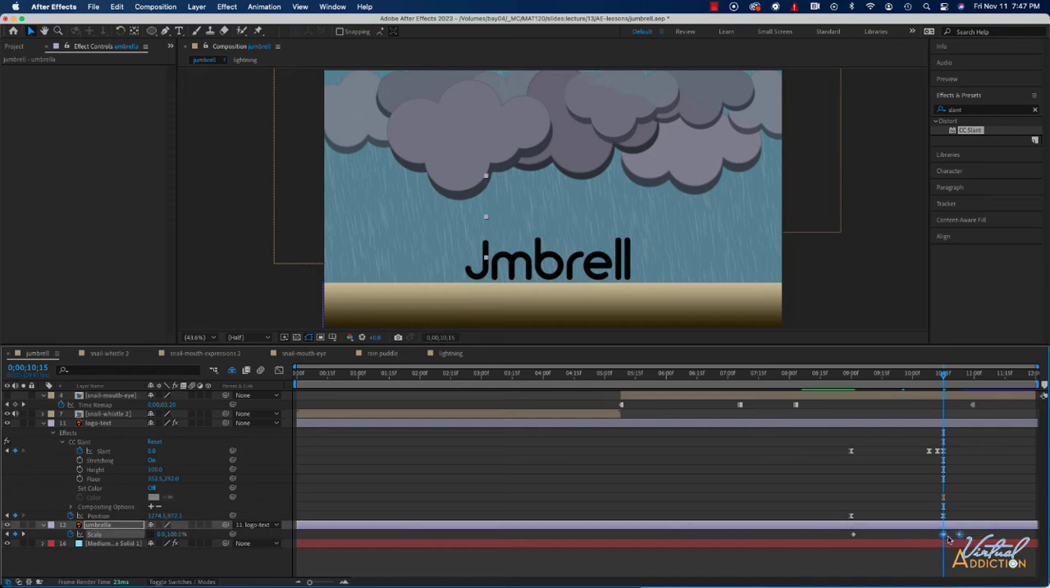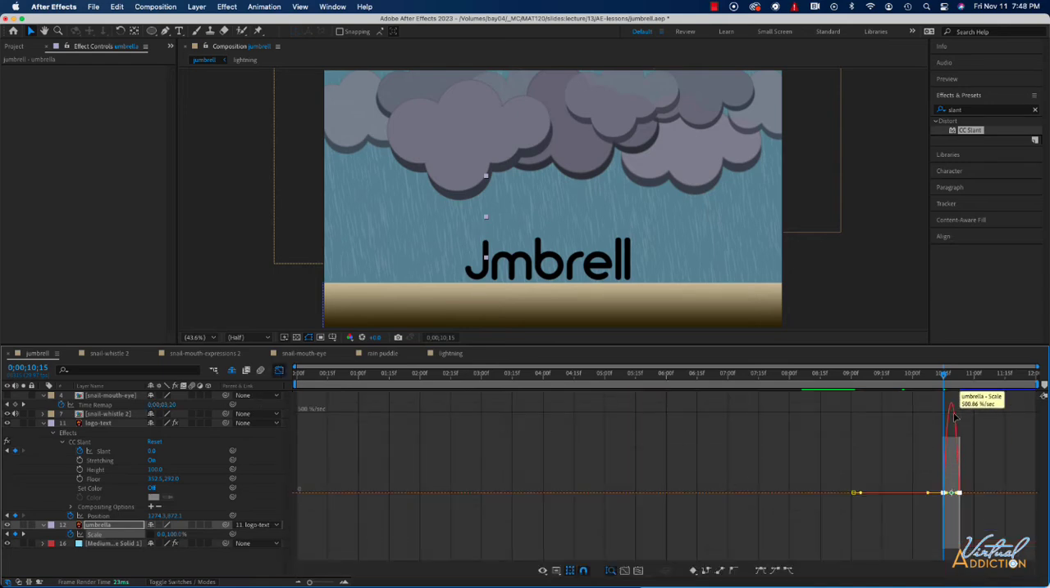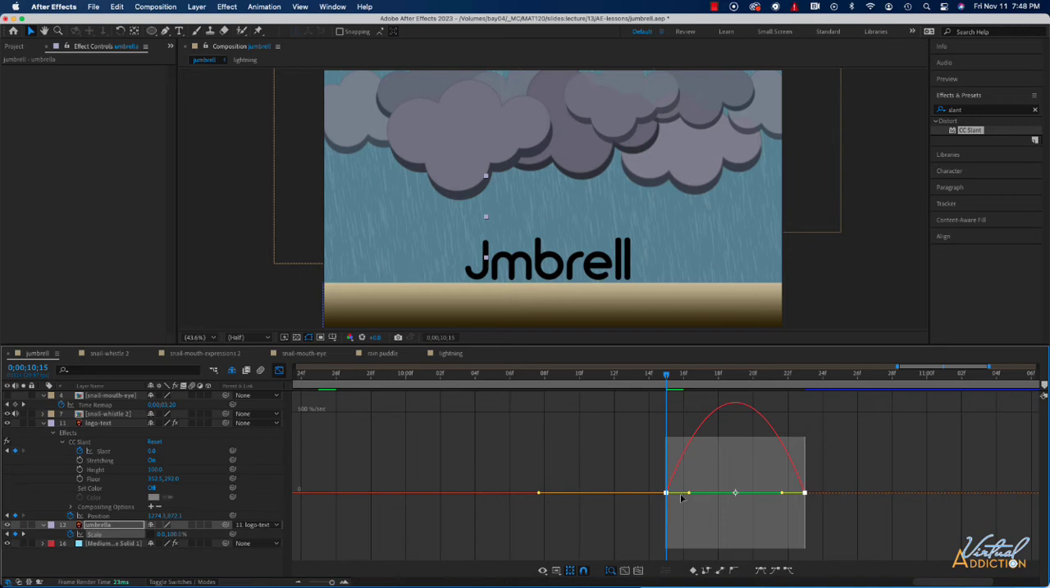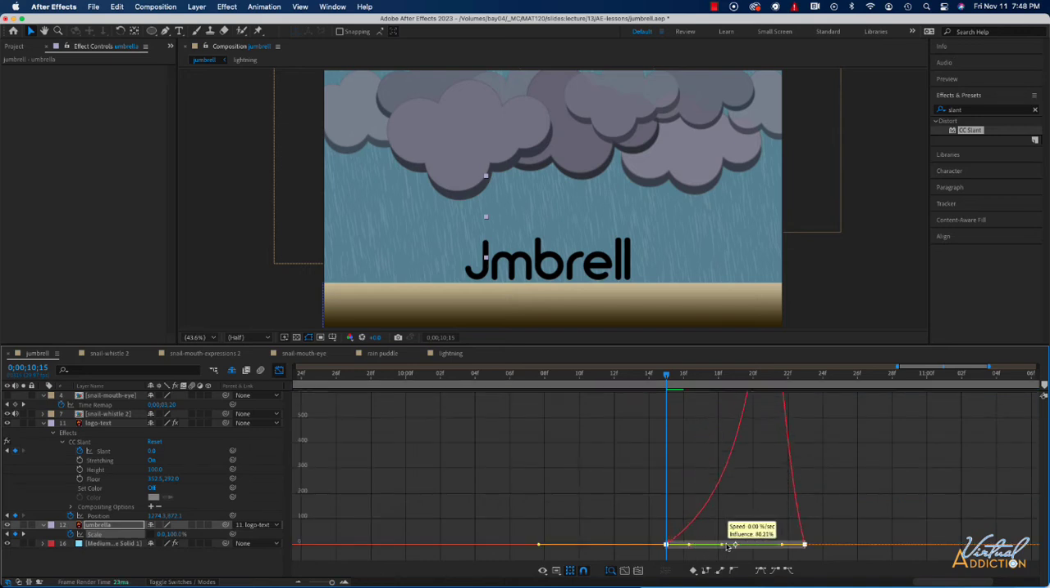I'm going to select these two keyframes. I'll add my easing, F9. We'll open our speed graph, and you can see here's the graph right here. I'm going to zoom in a little bit on the graph just so that I can see the handles. Once again, we're just going to drag these towards the center so that we have a real snappy open of